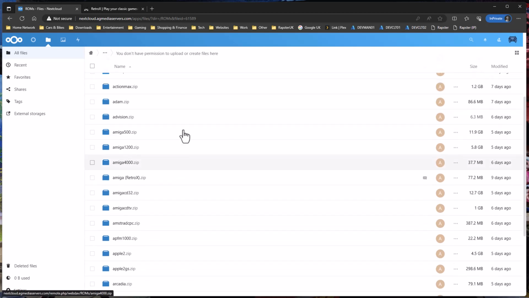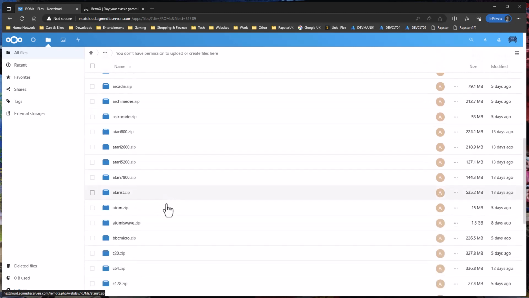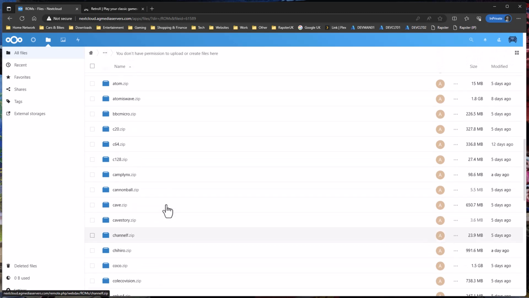You will notice there's a couple of variations. For example, for Amiga there are full packages for the 500 and the 1200, but then there's a package specifically for RetroX, because at the moment they have to be in a certain format for it to work. So if you're using RetroX, grab this one. There's a couple of ones that are similar. I think DOS,